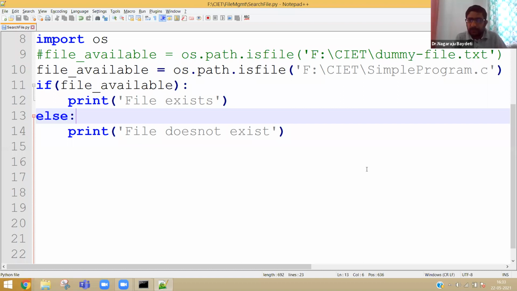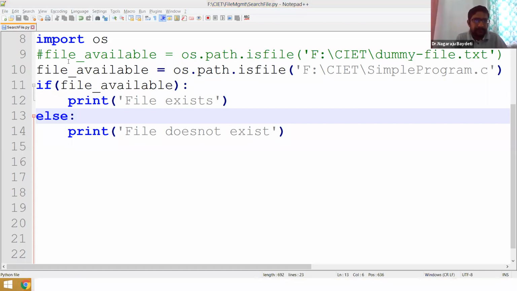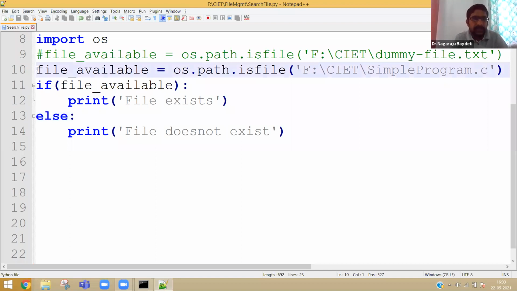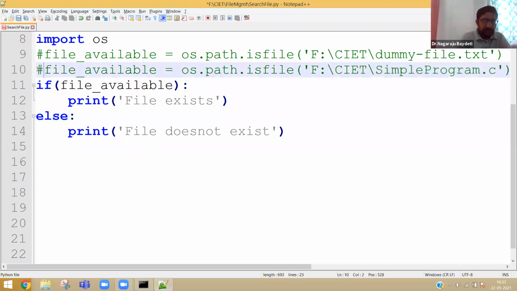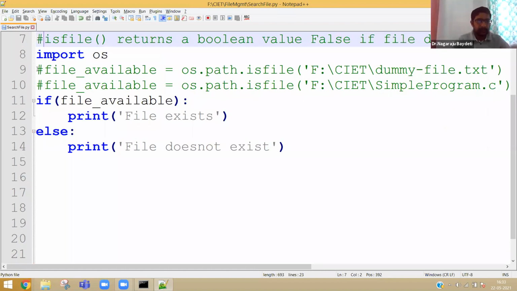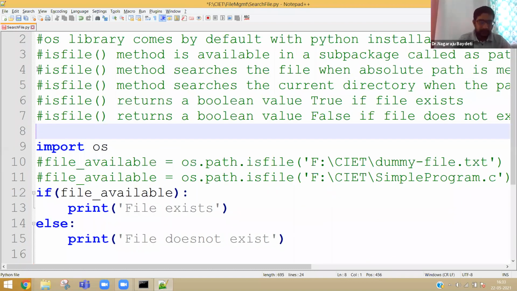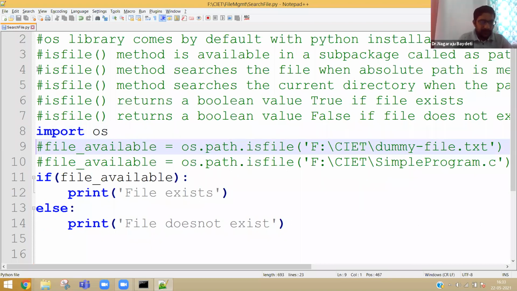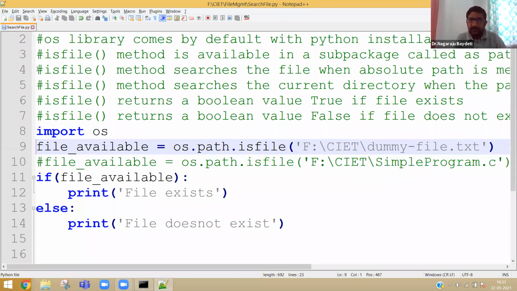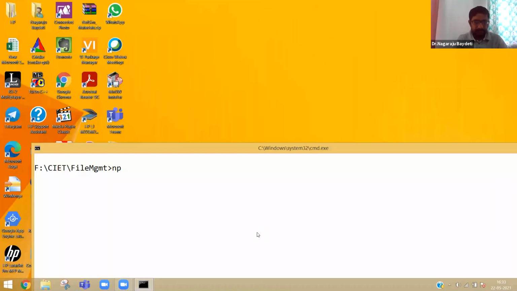Now let us try to improvise the program further. For example, instead of directly taking, okay, let me write another program for this instead of disrupting this one. Read file name and search file.py. Read the file name and search the file.